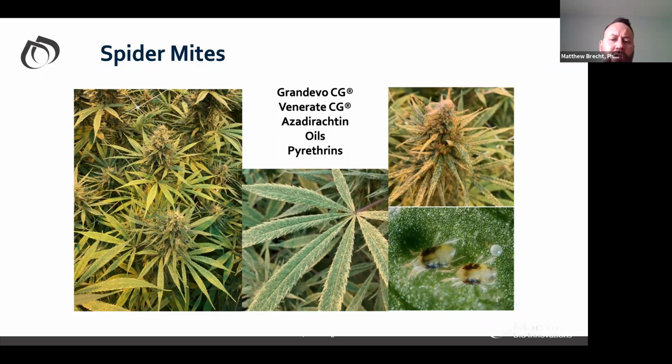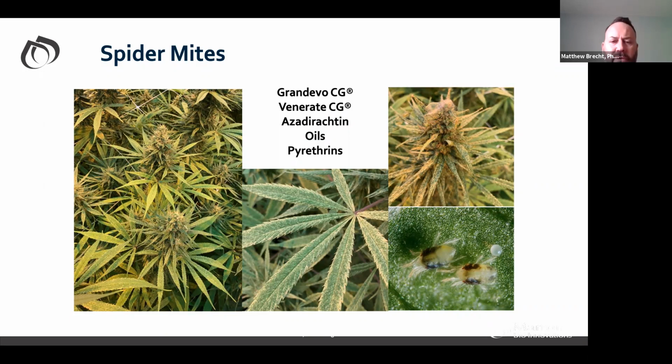Early on in veg, obviously you can use the pyrethrin, but once you get into flower, you can't because it'll fail a test. And just be aware, once you see some insects coming in, go ahead and treat them early and often, because once they get out of hand in late flower, there's really not much you can do about them, except for beneficial insects.